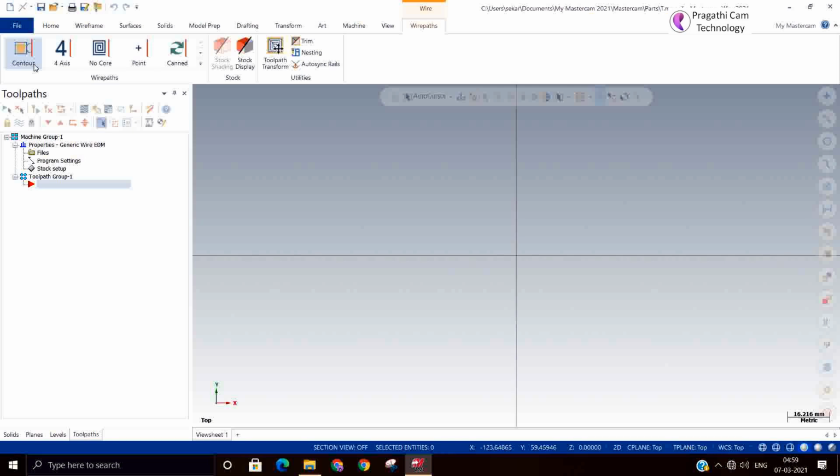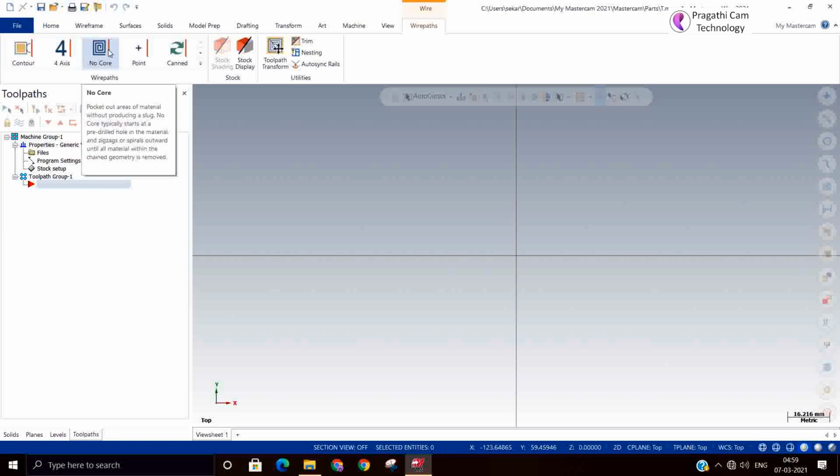Practically, this contour toolpath is the one you can use for all applications. Other than this, there is a fourth axis toolpath. This is used when, suppose, there is a top profile and a bottom profile. You can use the 4-axis toolpath.